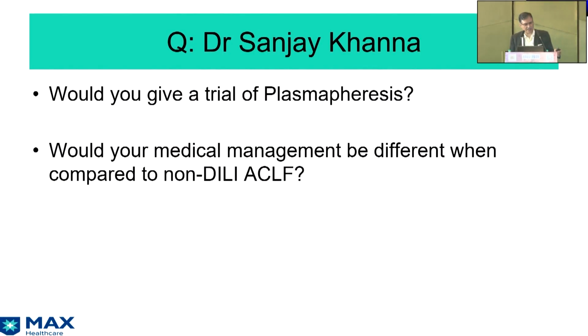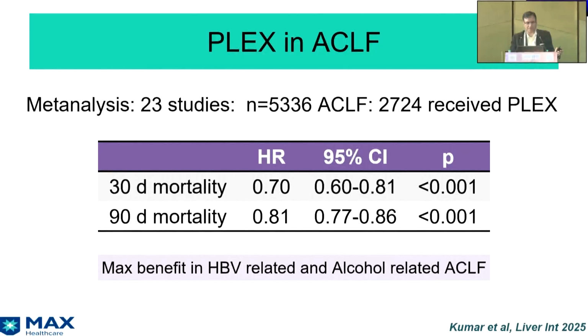So Dr. Sanjay, is this the right time to send for transplant, or would you like to do something else? A trial of plasmapheresis perhaps? I think we've already discussed that this patient actually now, after such a long time with worsening liver functions and other body parameters, requires a transplant. He should ideally be offered a transplant. However, if the patient is not willing or is not a candidate, then possibly other therapies, especially trying to preserve the other organ systems, nutritional support needs to be done. And trial of plasmapheresis in the cases of DILI related ACLF, though we don't have too much data on this, but certainly if we don't have anything else to offer, we can offer it.